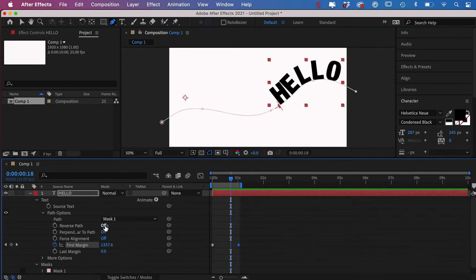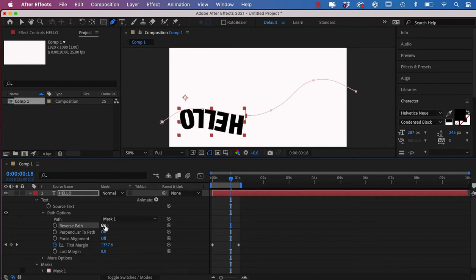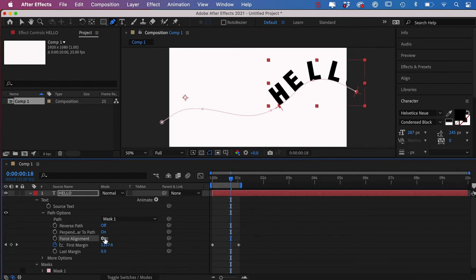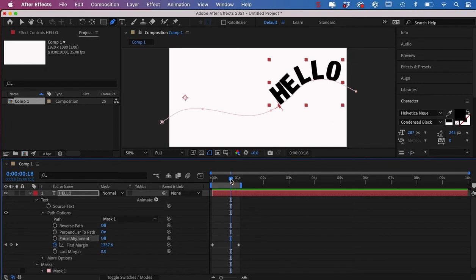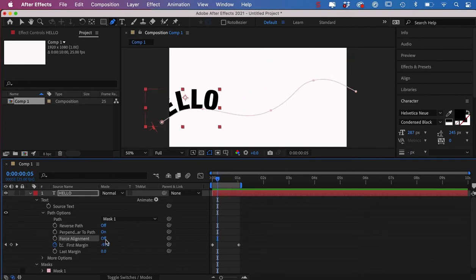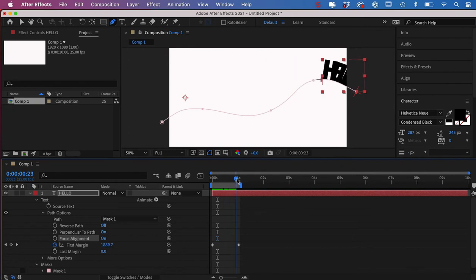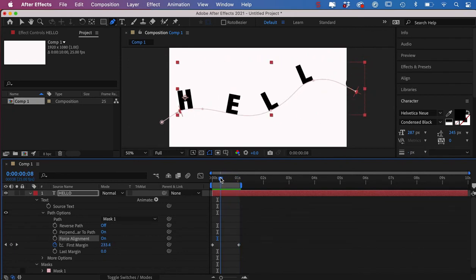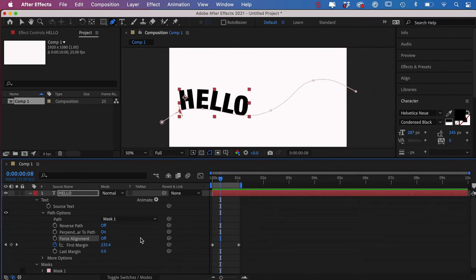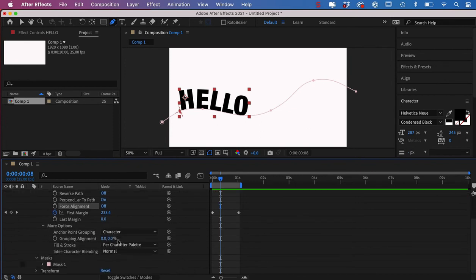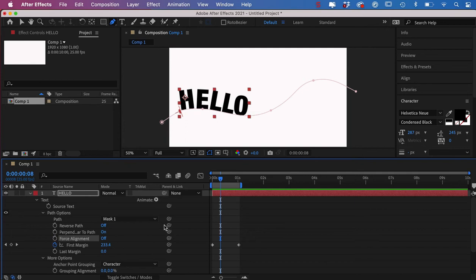We have reversing the path, so it's on the other side now. Force alignment. So if I bring this back here, I switch on force alignment. You can see what's happening. It stretches it right across, and as it moves across, it pulls it in together. More options. There's a whole lot of bits and pieces here, but the one I want to look at is